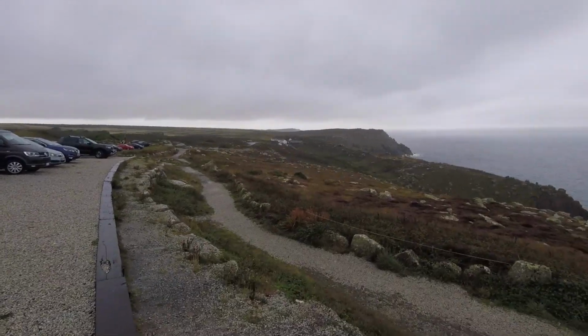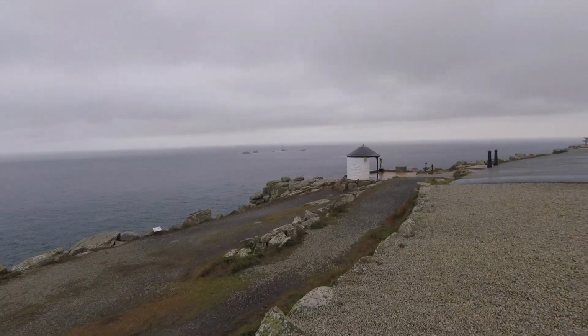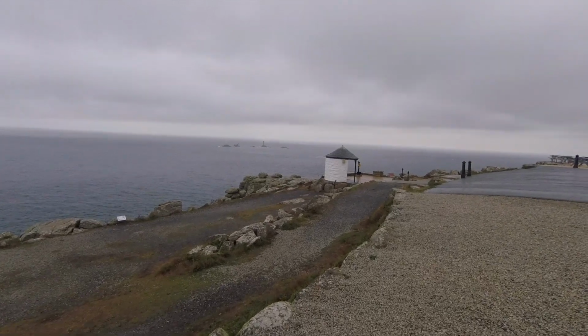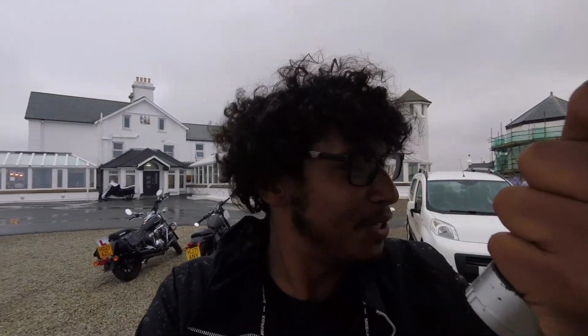So we're at the southernmost tip, and if you guys can't tell, the weather's not the best. This beautiful landscape. I had to take the GoPro out because it's raining pretty hard. You can see that lighthouse way out there. This is really a beautiful thing. It's a shame that the weather's not nicer. I wish it wasn't a cold and rainy day, but I'm making the most of it, and it's still worth